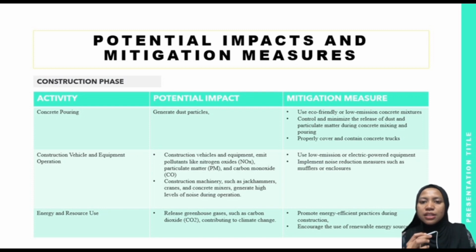Last is energy and resource use. Construction activities require significant energy inputs, including electricity for powering tools and equipment, as well as fuel for vehicles and machineries. The generation of electricity and the burning of fossil fuels release greenhouse gases such as carbon dioxide, contributing